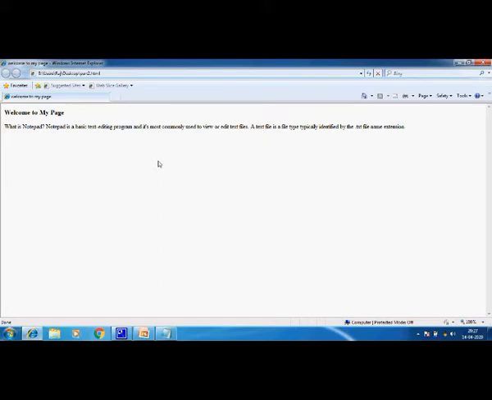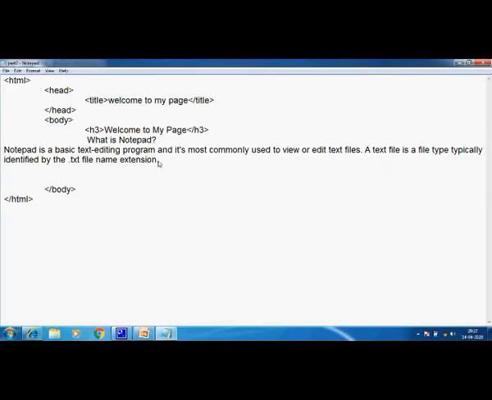Now children, you might have seen I am just shuffling from one window to another. For doing this, I am using a shortcut key, and for going to the previous window, I'll be using Alt Tab, and for saving the file, I'll use the shortcut key Alt F and S. Right children? So if you are using the shortcut key, it will be easier for you to edit the page.